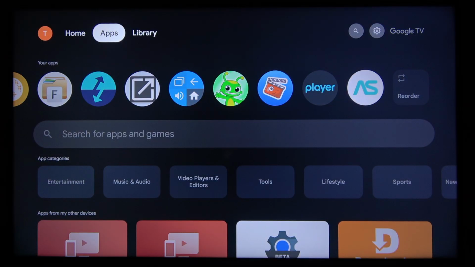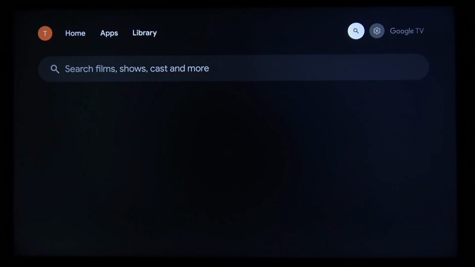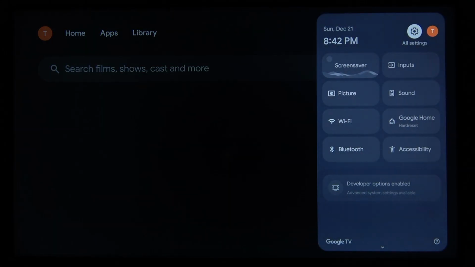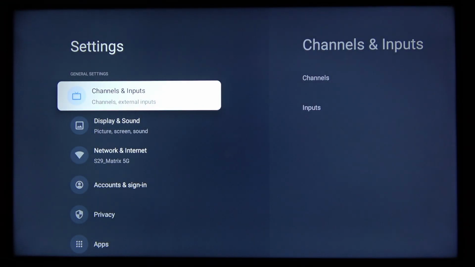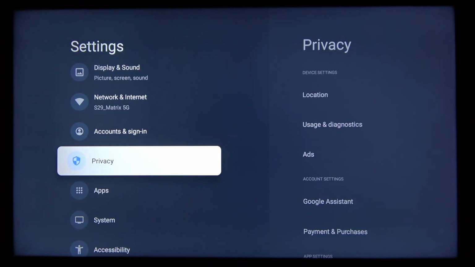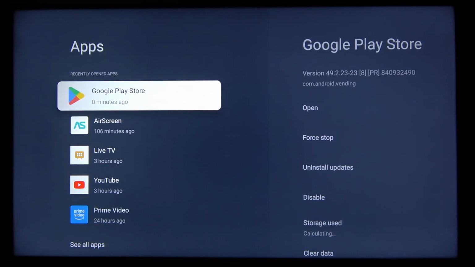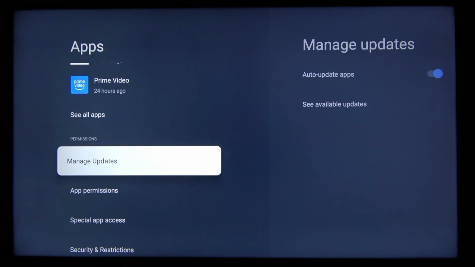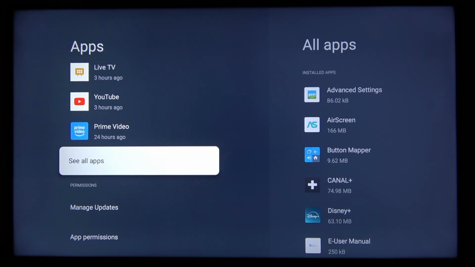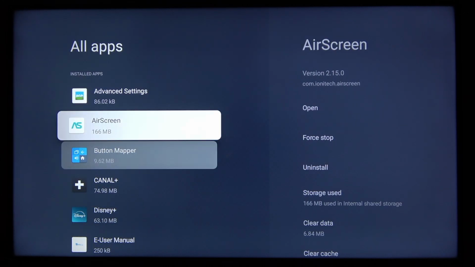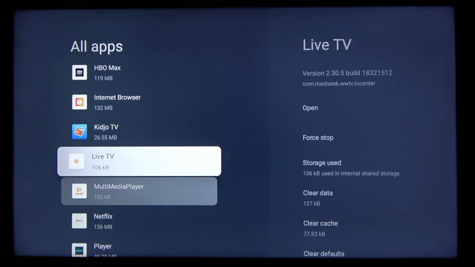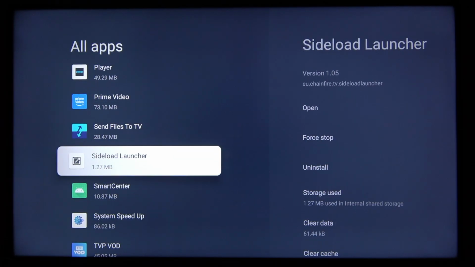App Store. But if you want to uninstall an application that you side-loaded, you're gonna have to go to All Settings, and in All Settings navigate to the Apps section, then navigate down to select See All Apps, and in this menu you will find all the applications that you ever downloaded on your TV. And if you want to